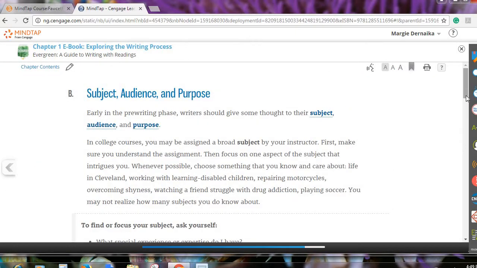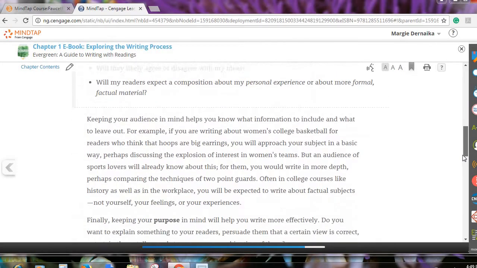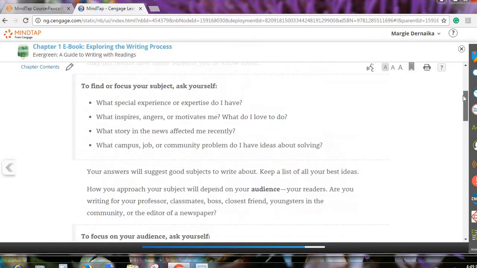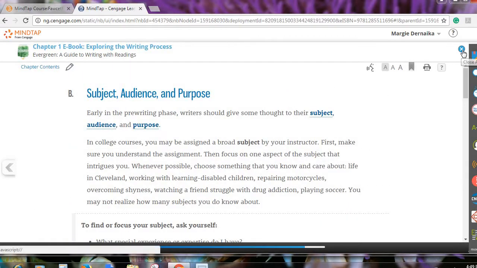Now, we're just scrolling through the rest of the book. Make sure you read this. The writing process is an essential part of good writers' habits. And we're finished with the chapter now. I'm going to